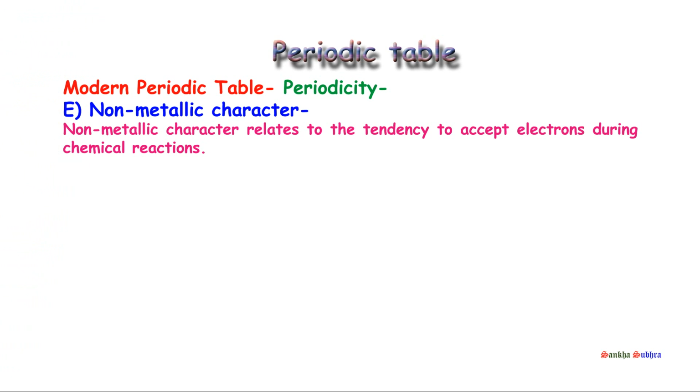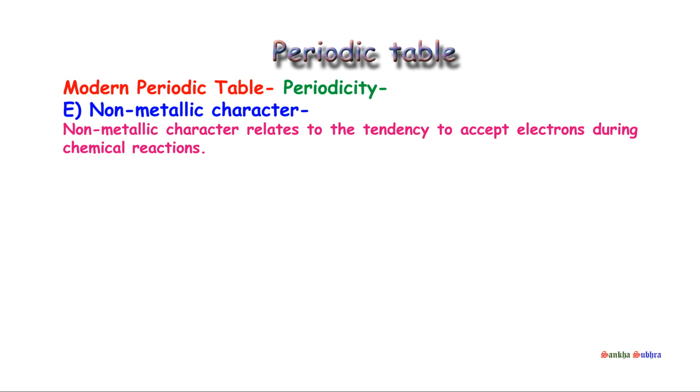Now we are going to discuss the periodic property which is known as the non-metallic character. Basically, this is just the opposite tendency of metallic character, and non-metallic character relates to the tendency to accept electrons during a chemical reaction. Basically, the elements which have 5, 6 or 7 electrons in the outermost shell try to accept 3, 2 or 1 electrons to fulfill their outermost orbit as an octet,